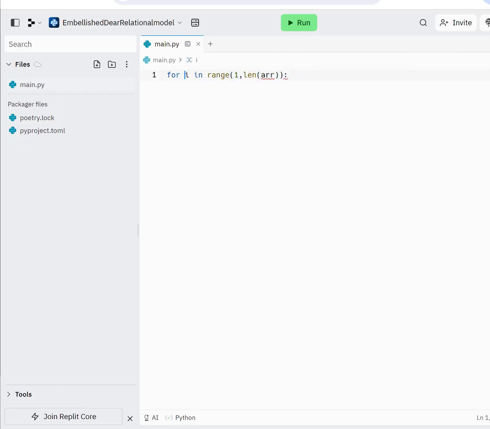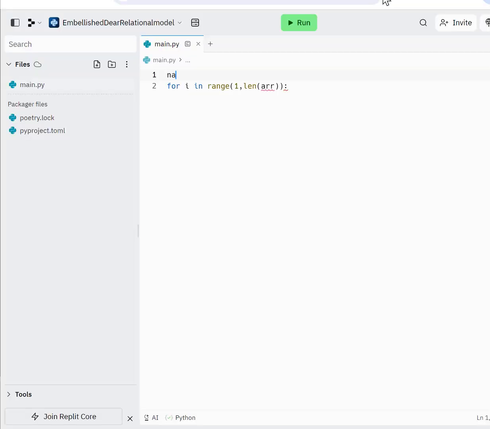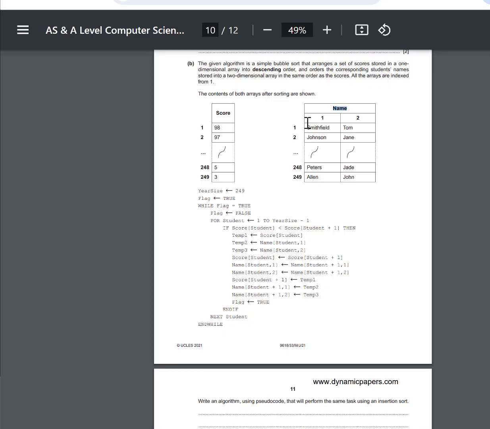But what is our array? I did not make it. So let's do that now. We've got an array called name, which is a 2D array, and an array called score. Name equals, and it's going to be a 2D array where we've got John, last name and first name, so let's do